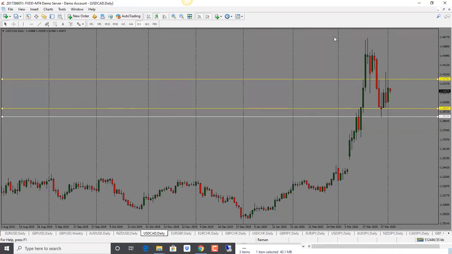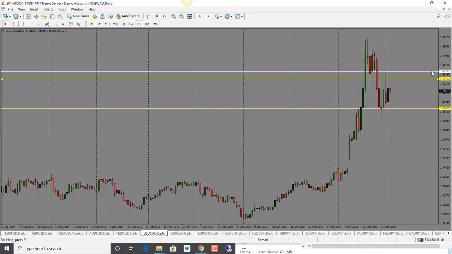So in this case, I would look for a potential retest of the high at 1.4280. If it holds below, I'm looking for a move to the downside. Should it go through, then I will look for a further move to the upside. First target here would be 1.4350, and then potentially we could see price go higher into 1.4480. But the test here would be 1.4280. If it holds below, then chances are we'll see price come back towards the bottom of the range at 1.40. So right now, bias is neutral for dollar CAD.